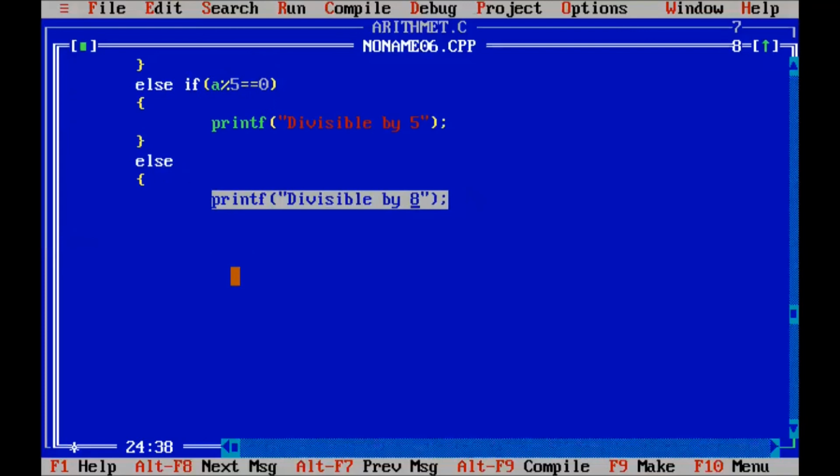This is the default message. Here we close this else part. Here we close main.